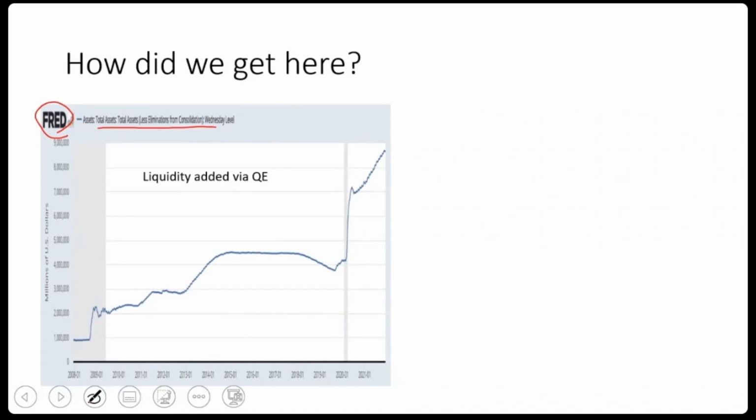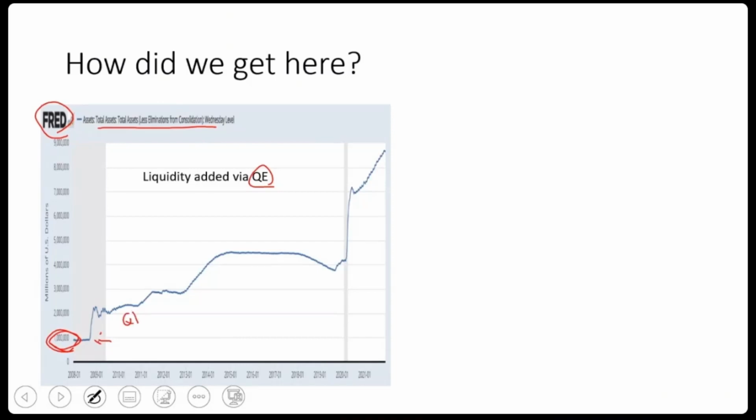This is something which shows you quantitative easing. It's the asset side of the balance sheet of the Federal Reserve. I won't go into why that's the case, but basically the Federal Reserve buys bonds off the market, injects liquidity. Those bonds now sit on the asset side. So the asset side represents quantitative easing in very simple terms. Okay, look where I'm pointing my cursor now. This was prior to the crisis of 2007. Prior to the crisis of 2007, you could argue that the Federal Reserve had about $1 trillion worth of liquidity in the system.